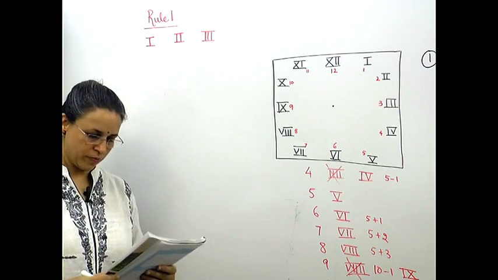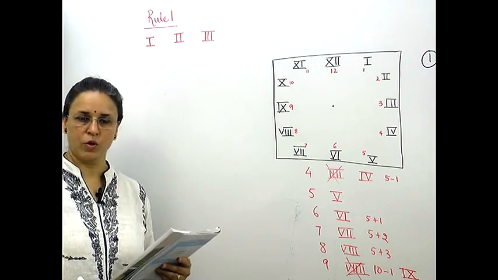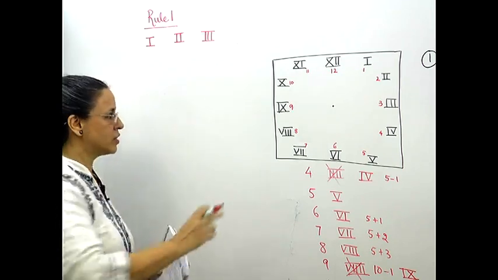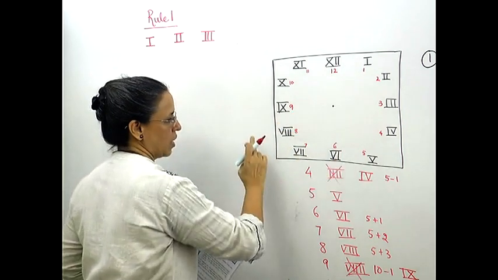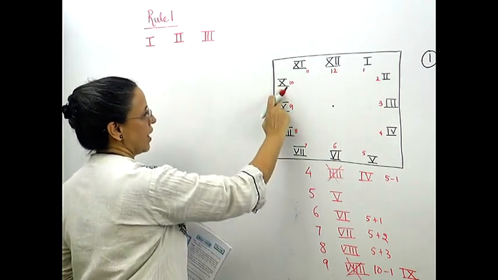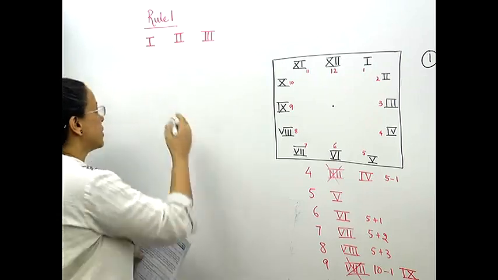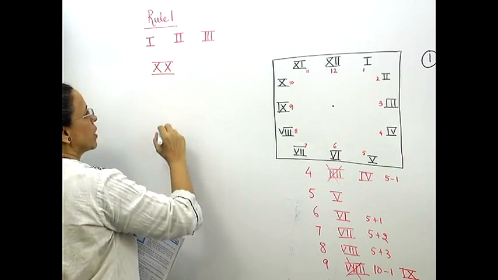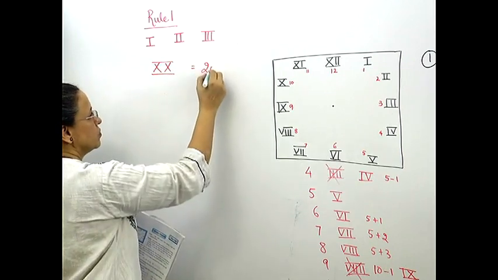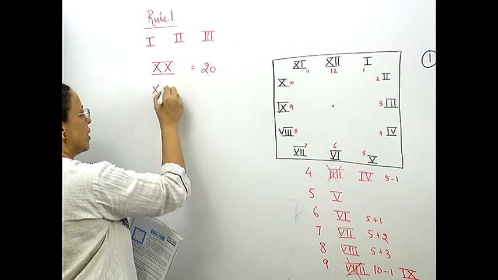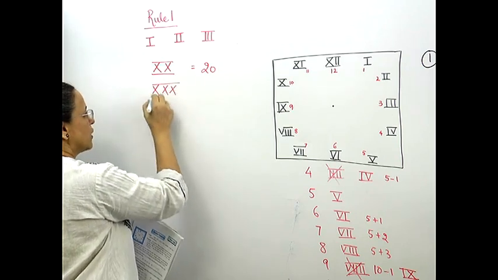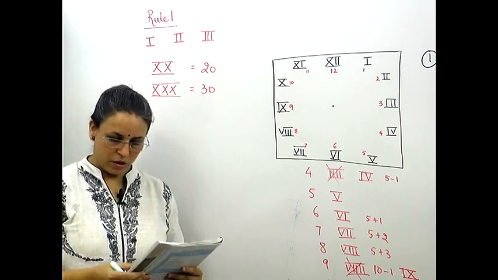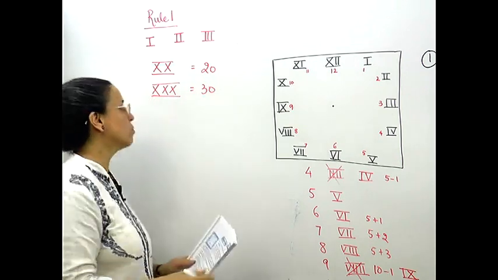Now if you look at the examples given, they have given 1 plus 1 is equal to 2. लेकिन इसमें घड़ी में जब हमने सीखा इसको 10 को x लिखते हैं. So if we take 10 and 10, then it will become 20. इसी को अगर हम 3 बार लिखते हैं तो वो हो जाता है 30. It's quite easy. Now, rule number 2.